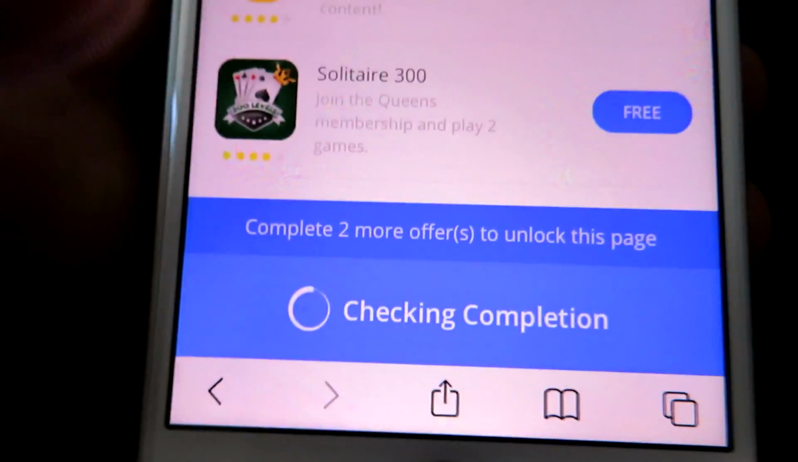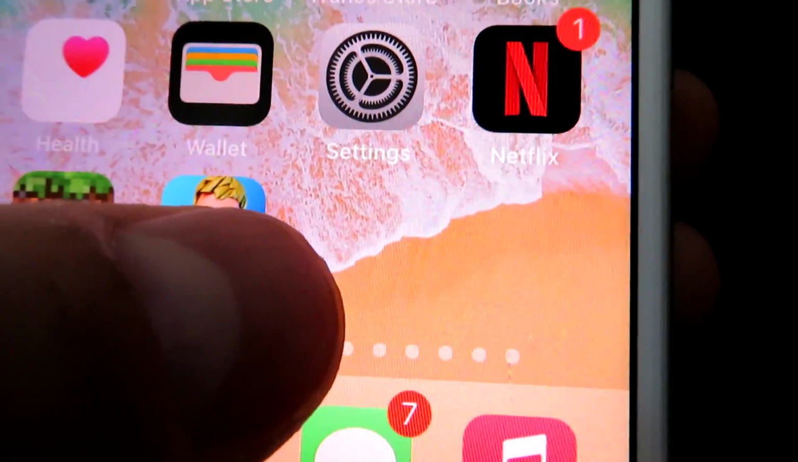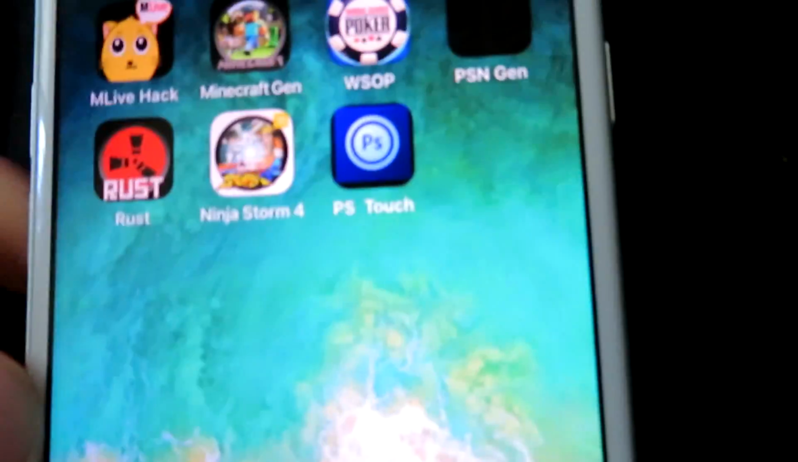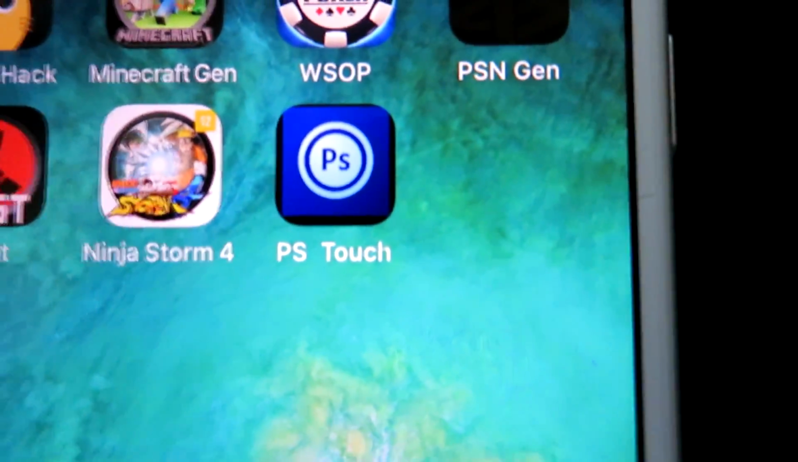Go ahead and close out now. You should see PS Touch right here, but I ended up moving my app. Let me see where I put it. There it is right there. You're going to see the PS Touch, and that is the